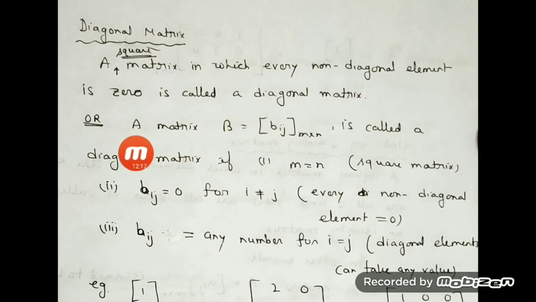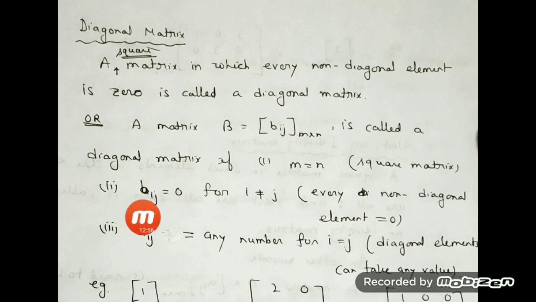Mathematically, how are we going to define it? A matrix B, suppose I just name it B. B = [bij] m by n is any general matrix we have considered. It is said to be a diagonal matrix if it satisfies three conditions. One of them: it must be a square matrix, that means m is equal to n. This is a general matrix we have considered, where m and n may be different, but to be a diagonal matrix, you must have m equal to n. M equal to n means it must be a square matrix. This is written. Then it is written non-diagonal elements equal to 0. Then how are we going to define non-diagonal elements? In this case, the elements are represented by bij.